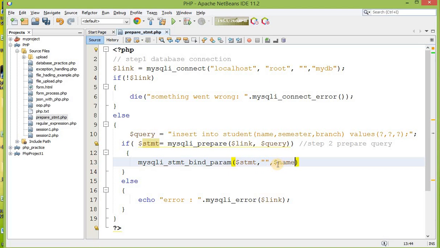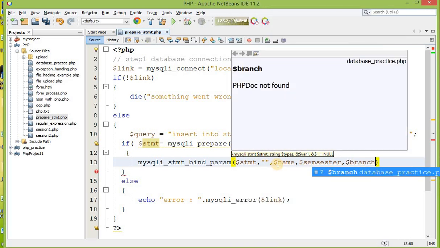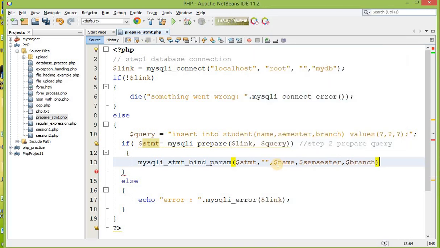So let's say $name for the name field, $semester for the semester field, and $branch for the branch field. So over here I have declared 3 variables.